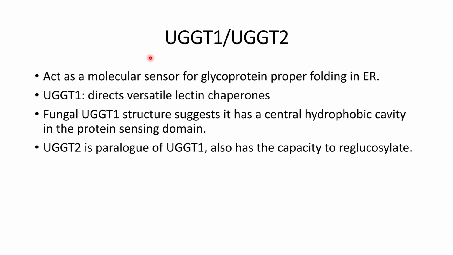In this video, we will discuss UGGT1 and UGGT2, that is UDP-glucose glycoprotein glucosyltransferase, and these are important during protein folding in the endoplasmic reticulum. As we have discussed many times about